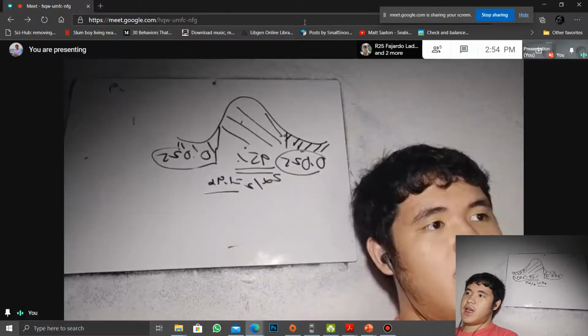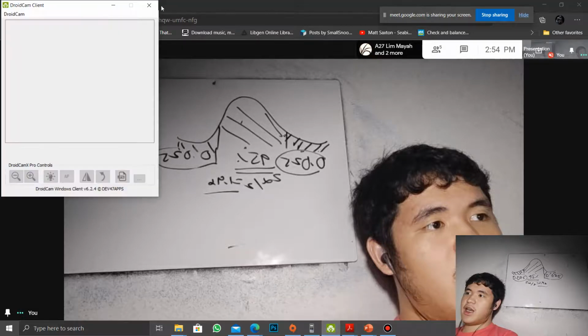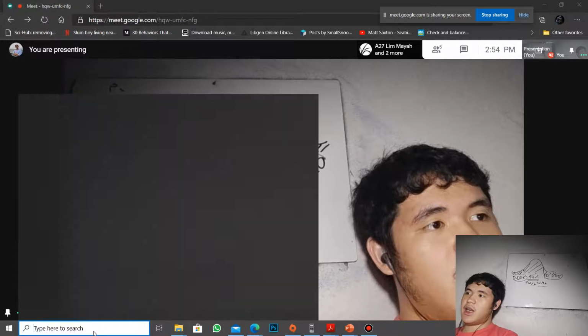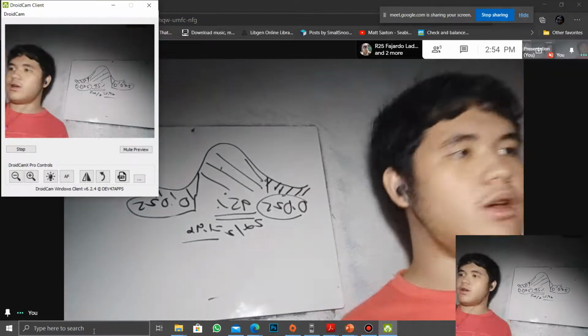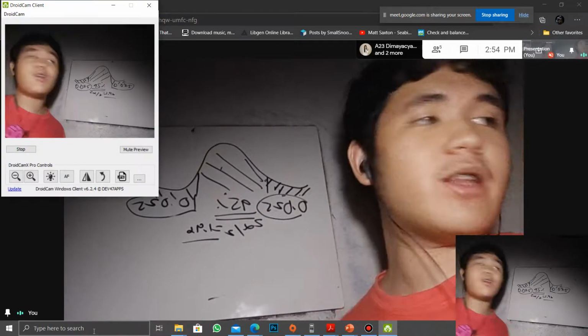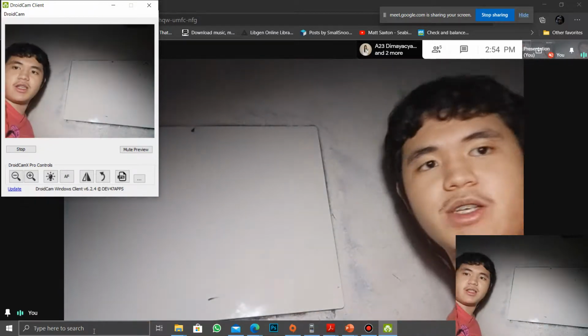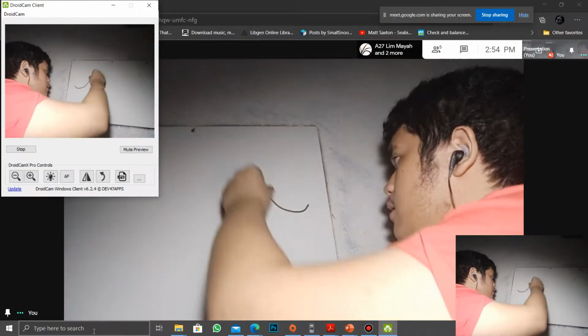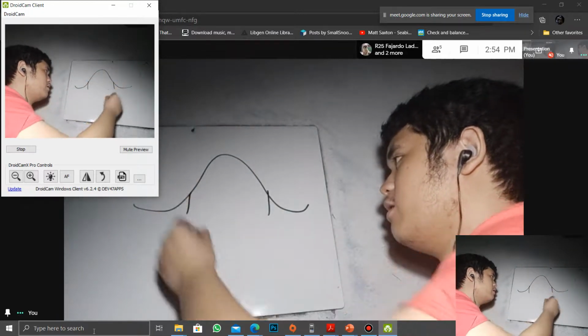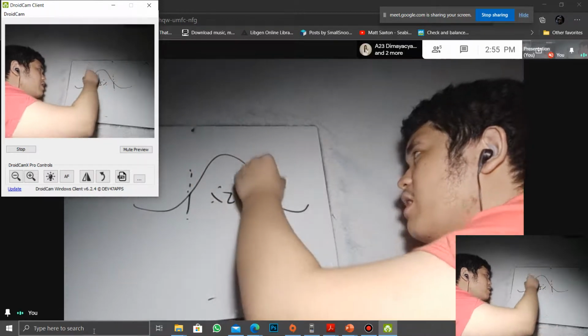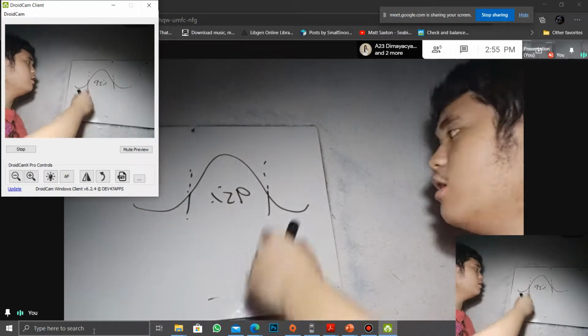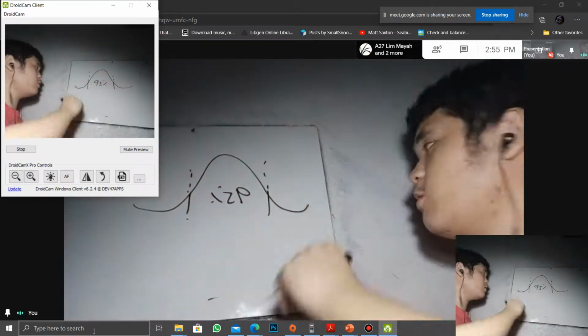What does z alpha over 2 mean? Let's see. I'll just restart my camera. Oh. Z alpha over 2, this is all it means. Example, a 95% confidence interval. 95%, right? Take note that it starts from the center. Then, equal. One is the negative of the other. How much error remains? 5%. So, 2.5% each, guys.